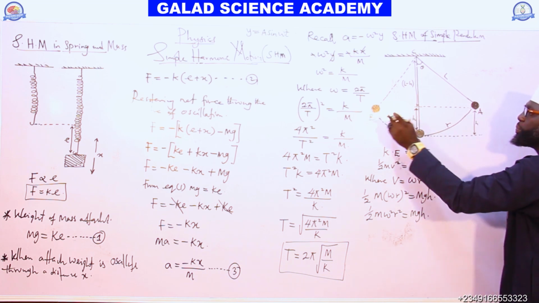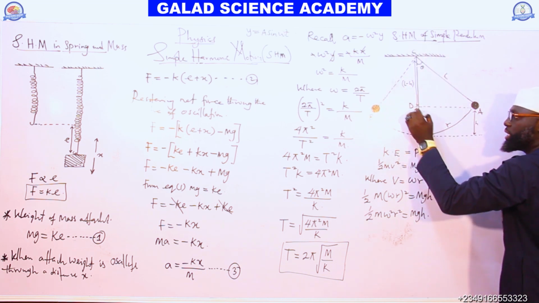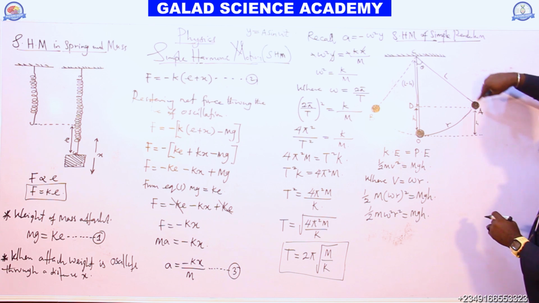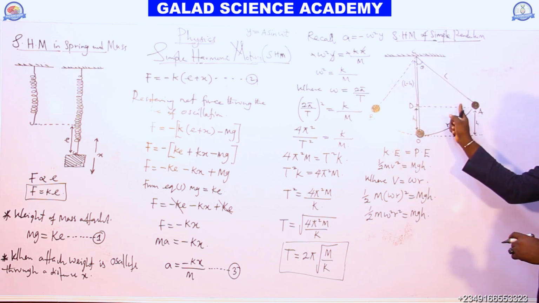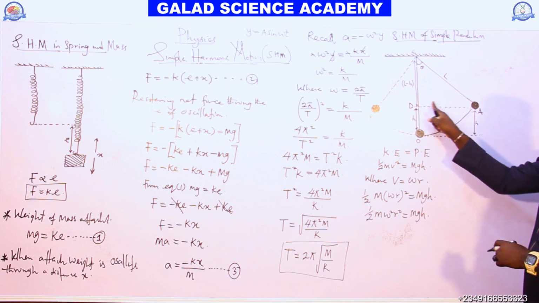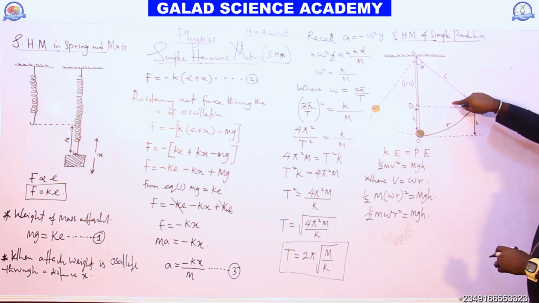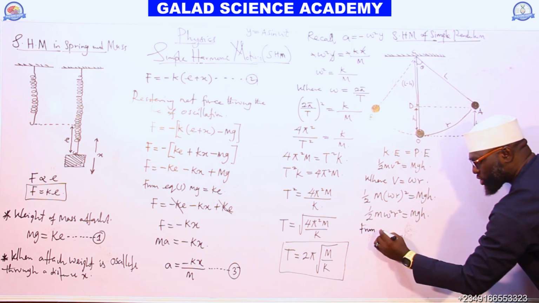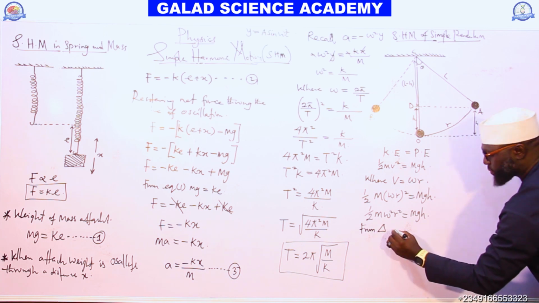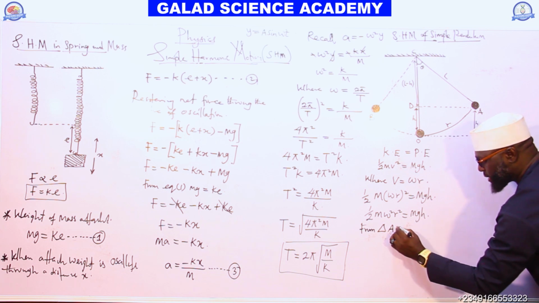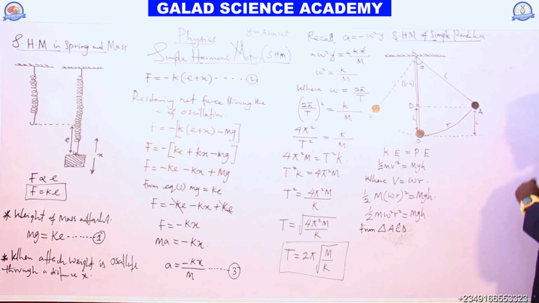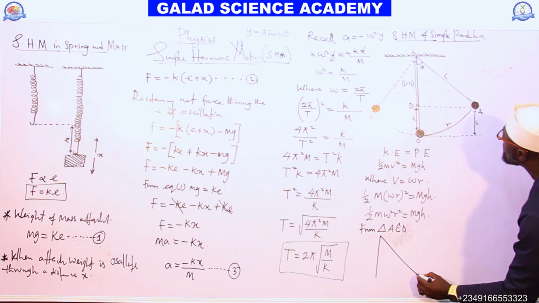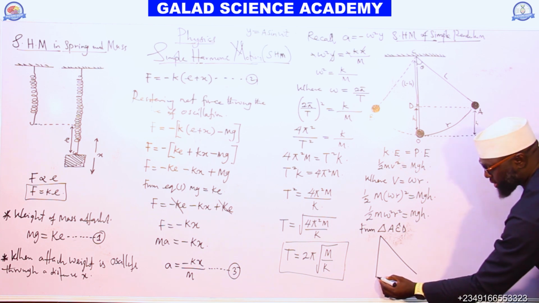This is A, O, B, C. This place, let's call it D. Let us consider triangle ACD. I want to know this side. If I know this side, I will use this side and this side to know R. So from triangle ACD, we have the triangle. It looks like this. And here we have